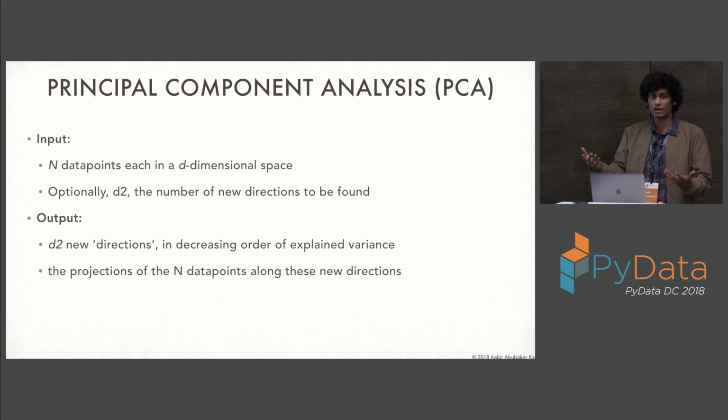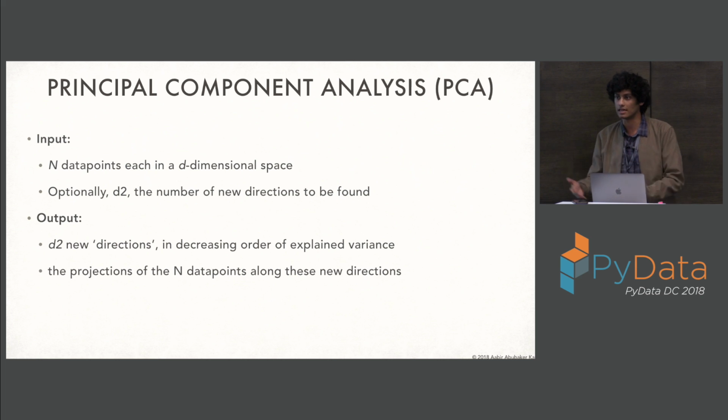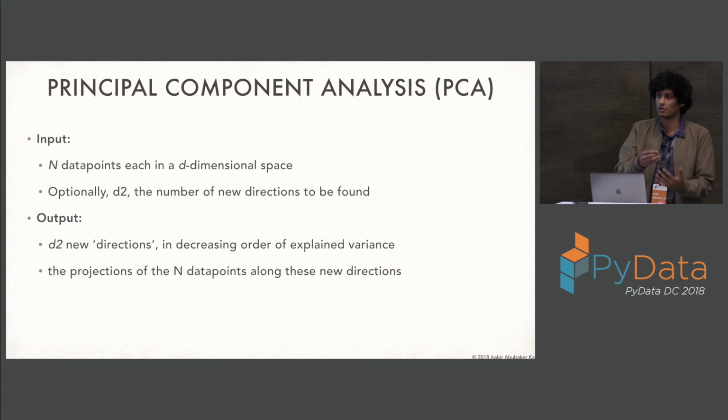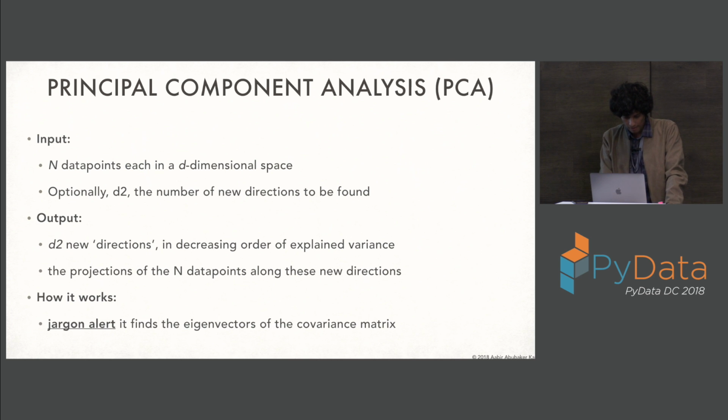And because you now have the directions, you can find the values of each of these data points along each of these directions. And that gives you much more explainability in what you're looking at. And that's why PCA is so commonly used to identify features that are useful for prediction. I personally would advise using it more for exploration, because otherwise you'd have to run PCA on your data set every time it's updated. But my main affinity with PCA is because of how it really helps you explore your data set and understand it in more human terms and say, oh, these are the factors that are actually explaining my data set, and this is where things matter, and this is where the variance is the highest.